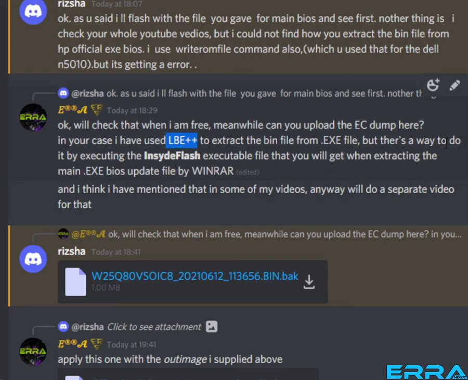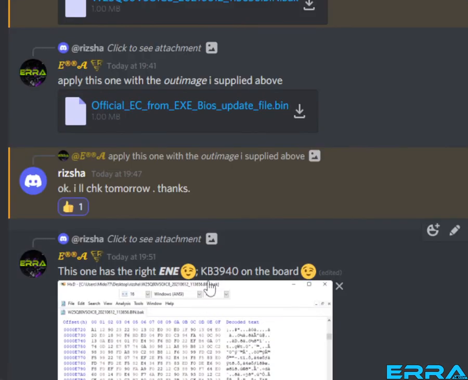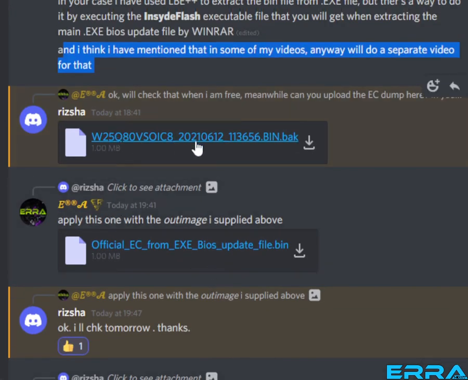But there's a way to do it by executing the inside flash executable file that you will get when extracting the main .exe BIOS update file by WinRAR. And I think I have mentioned that in some of my videos. Anyway, we'll do a separate video for that, and it's what I'm doing right now. So I asked for the OC